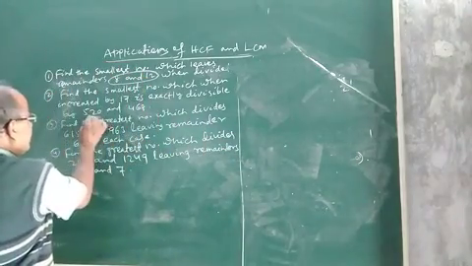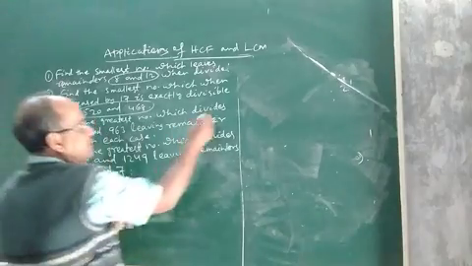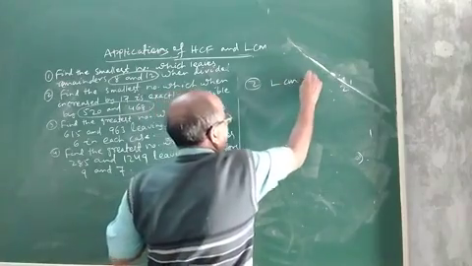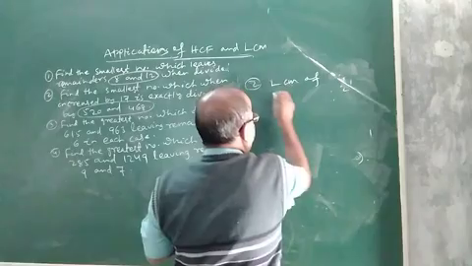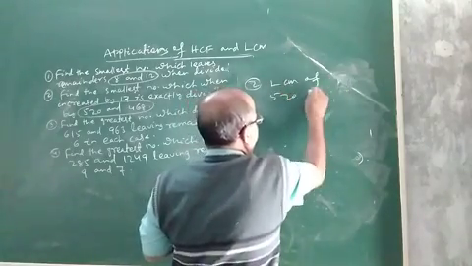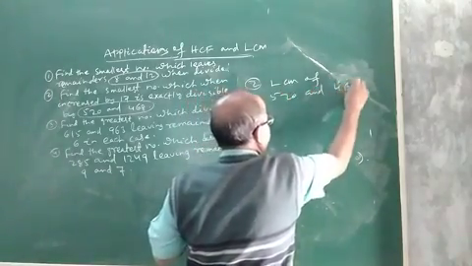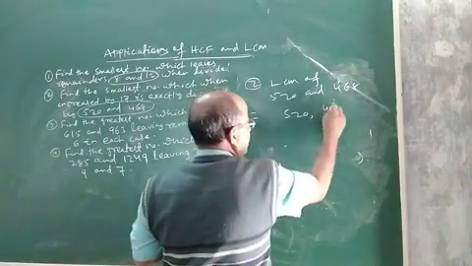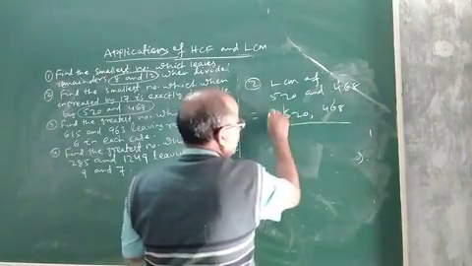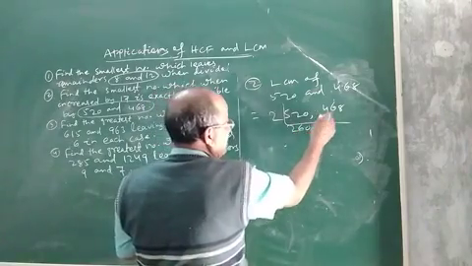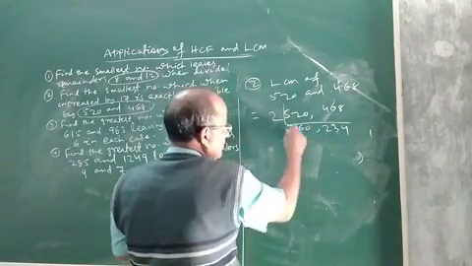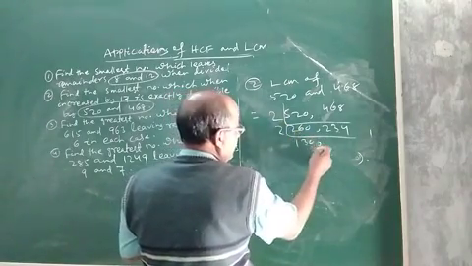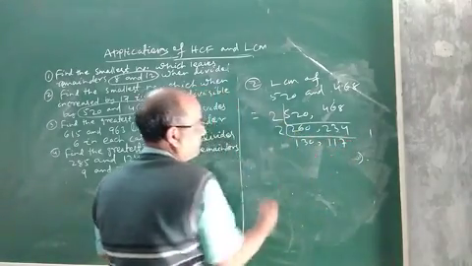As it is exactly divisible and we want to find the smallest number, first we have to find the LCM of these two, 520 and 468. Follow the division method. Divide by 2: 520 gives 260 and 468 gives 234. Then again divide by 2, it will be 130 and 117.